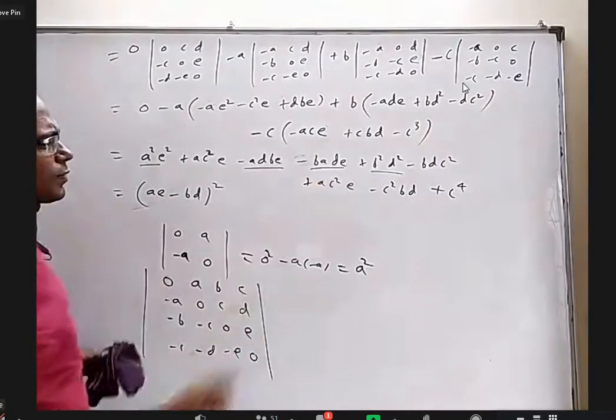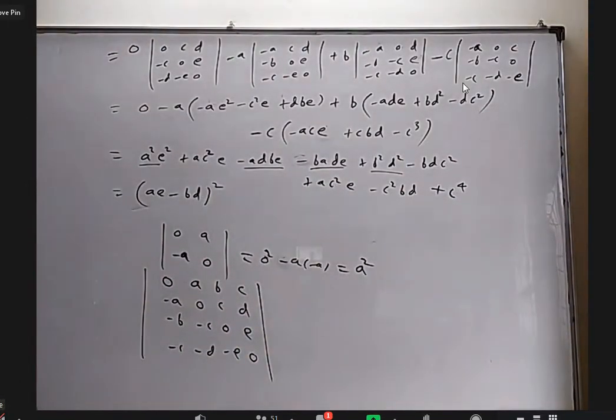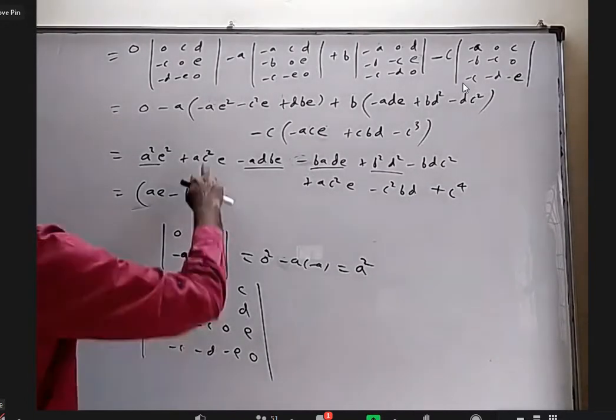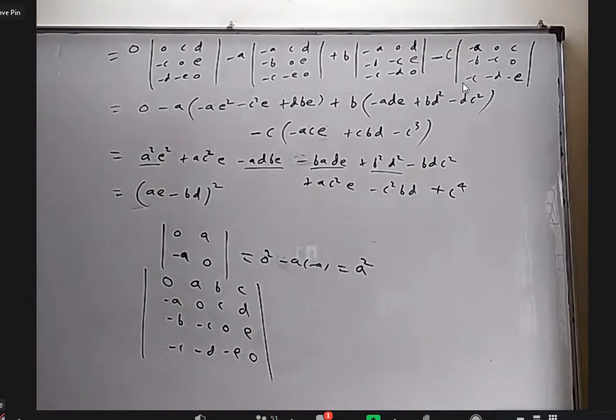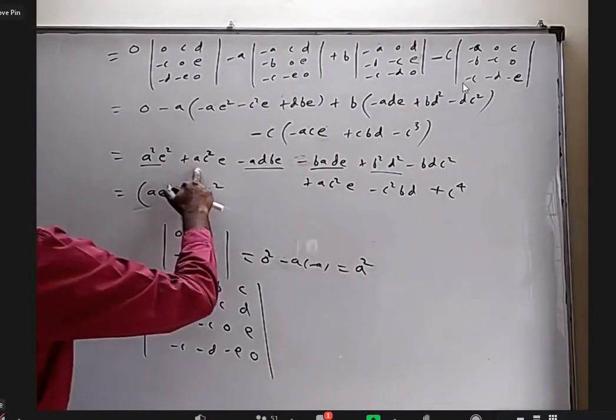I want rest of the terms to be some perfect square. Can I make it? These two are not getting cancelled, they're getting added up. Sir, once can you check that one, sir? I think they both will cancel. Which one? Square, that one. This one, no? Okay, let me check that.